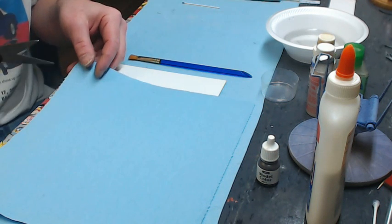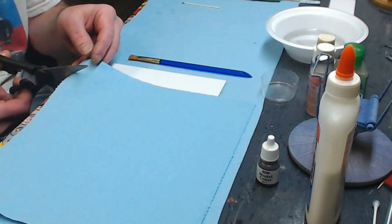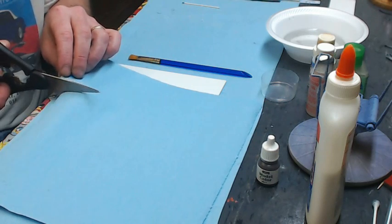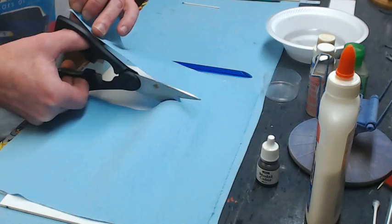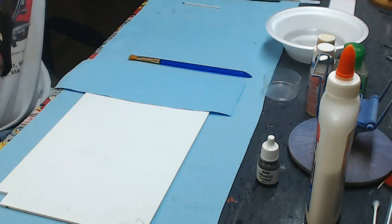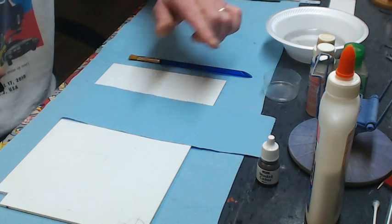So what I do is I always say that I would want the cloth, say an inch wide or roughly in that neighborhood, or the tarp when it's done. I'll go ahead and cut that about triple that size. And I'll show you why I do that here in just a minute. So we're going to go ahead and make that roughly about 3 inches. I'm not measuring this out, so I'm just eyeballing it. So I'll measure it out to about 3 inches,